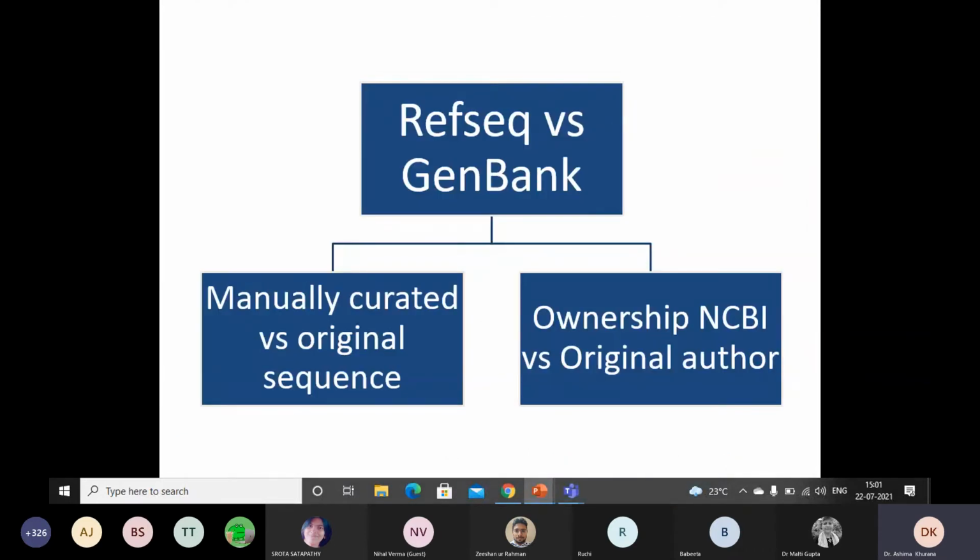So the basic difference between RefSeq and GenBank is that RefSeq is manually curated, whereas GenBank is the original sequence, and ownership is of NCBI for RefSeq, and in GenBank, the original author has the ownership.